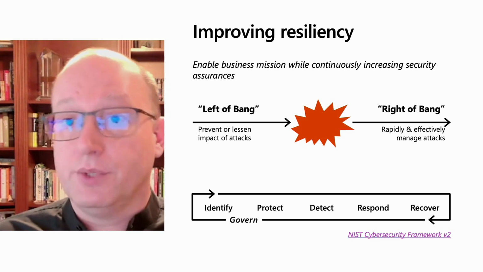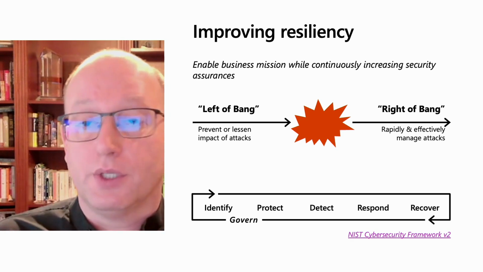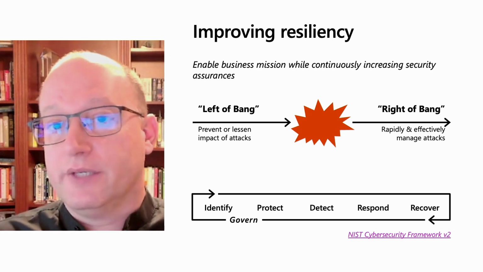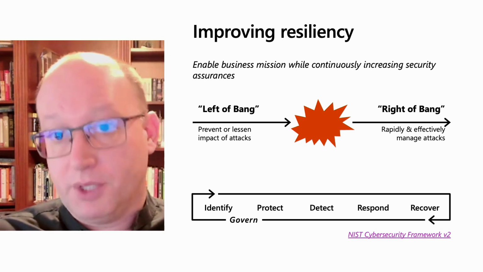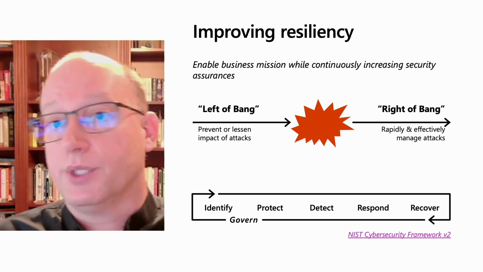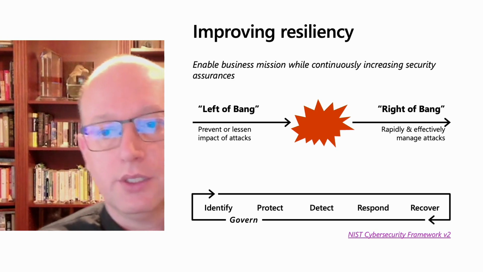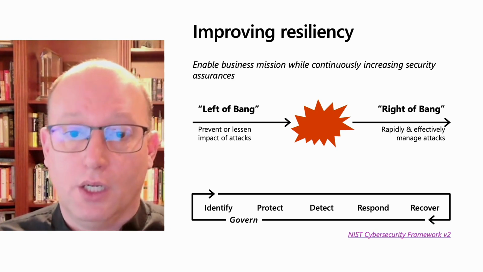So attacks do happen. We assume breach, we assume compromise, which we'll talk about more in a bit. But ultimately, we have to look at that entire life cycle: we have to keep the bad stuff from happening as much as we can, then we need to deal with it if and when it does happen. And this is captured extremely well in the NIST cybersecurity framework.